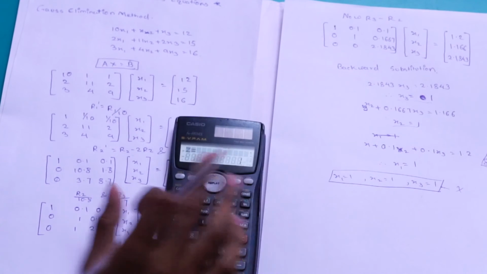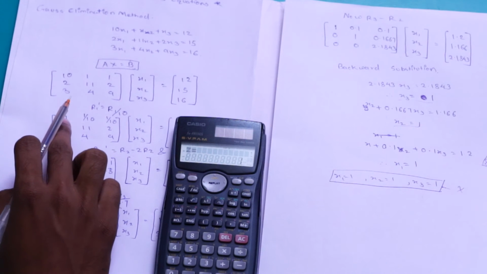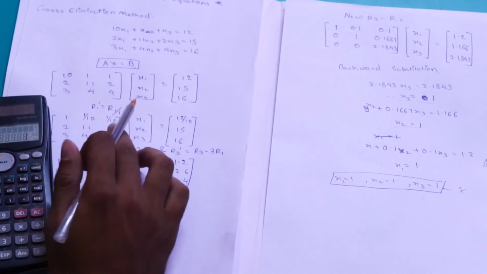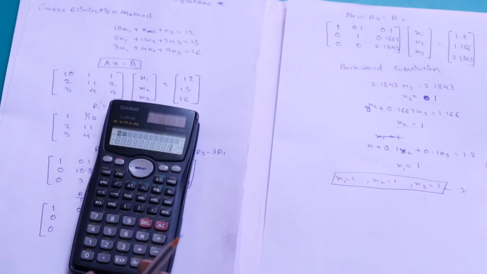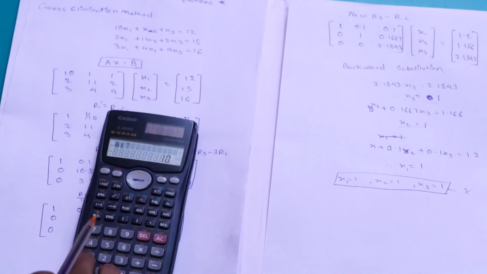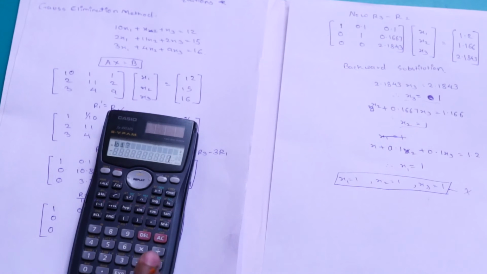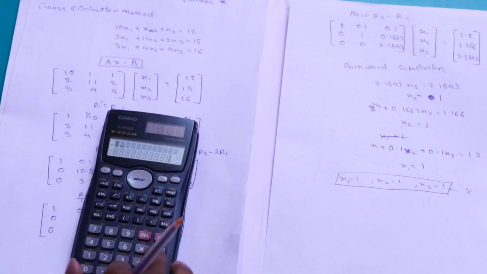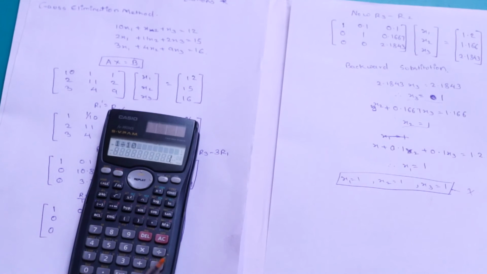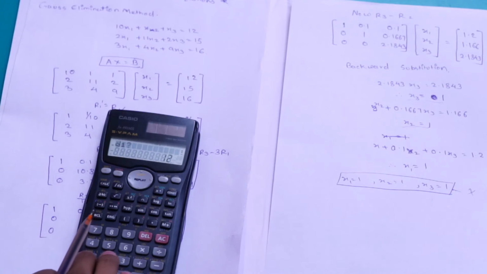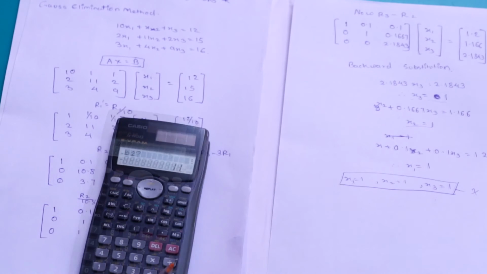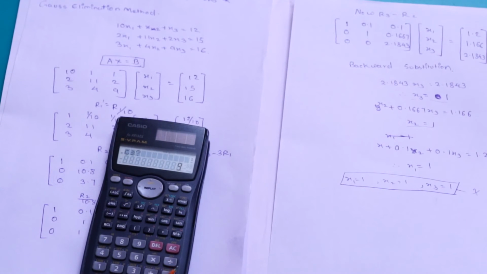After that, we know that the first element of the first row we have to make 1. So we divide it by 10 for the first equation. Similarly, in Calc we have to do that. So A1 is 10, means 10 divided by 10 is equal to, and here is 1 divided by 10. C is equal to 1, so 1 divided by 10 is equal to, then D1 12 divided by 10, and the remaining terms we have to keep constant until we get answers.